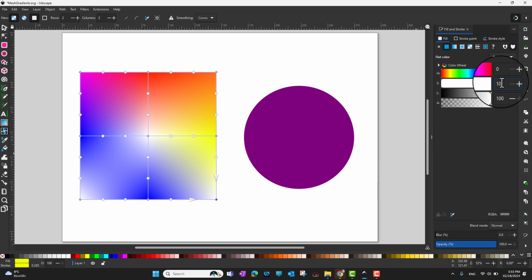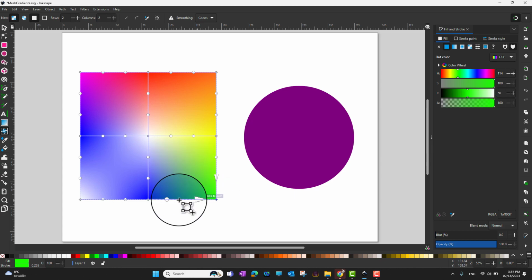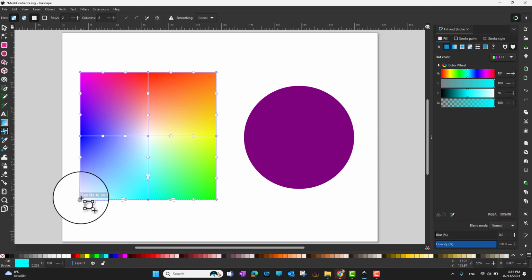Again I need to choose 100, 50, and I'm gonna choose the green for this one. And for the next one I would like cyan, and for this corner I would like to have blue,